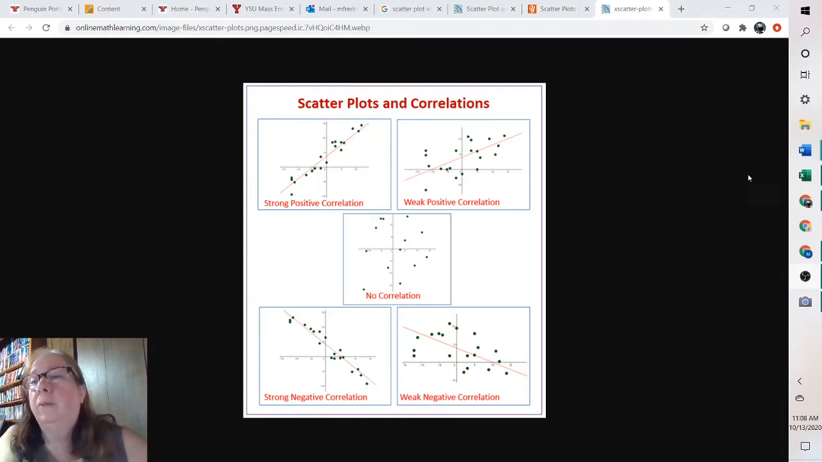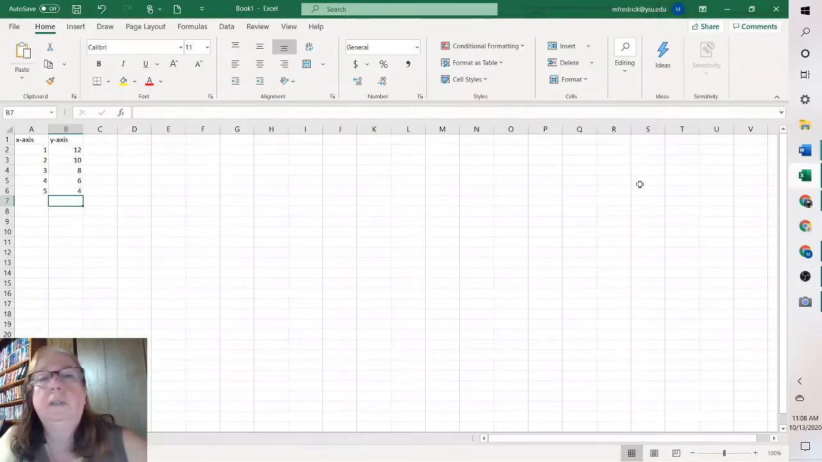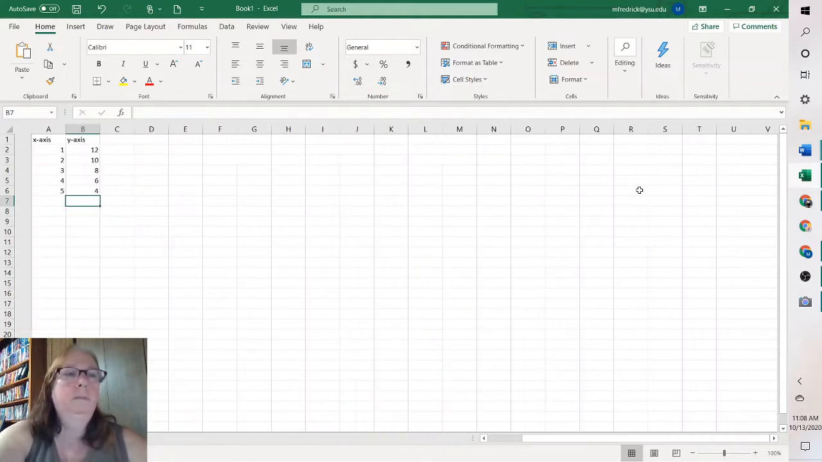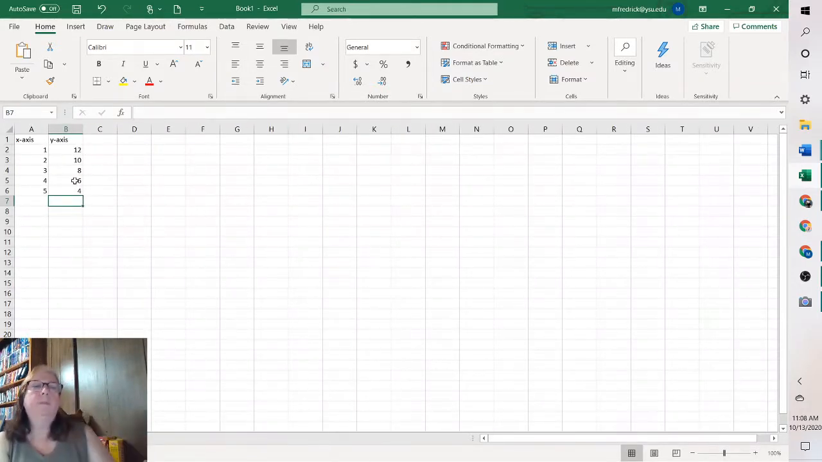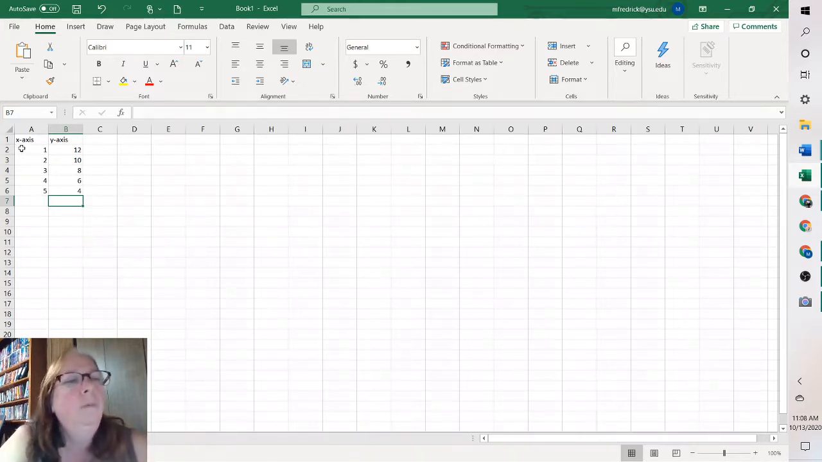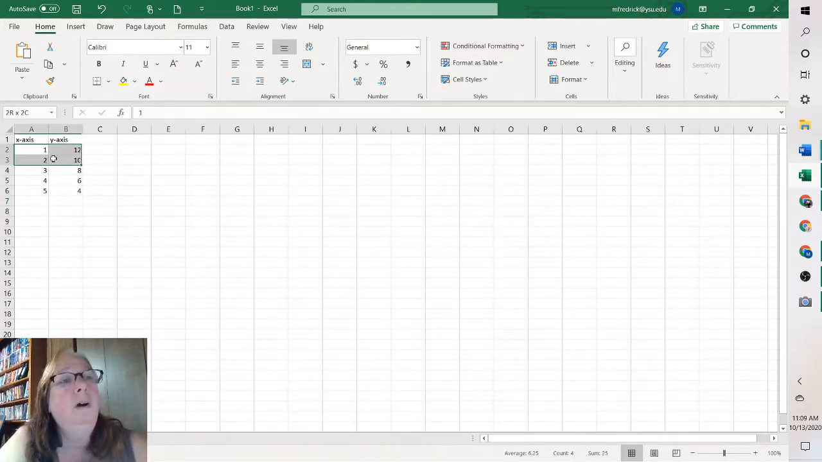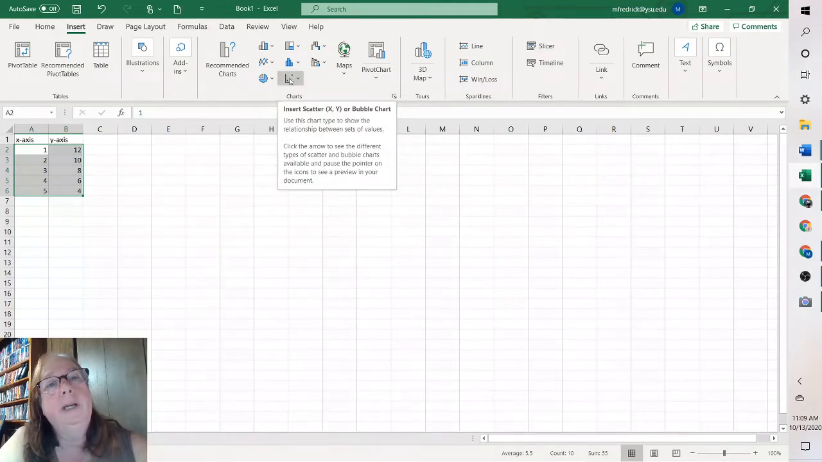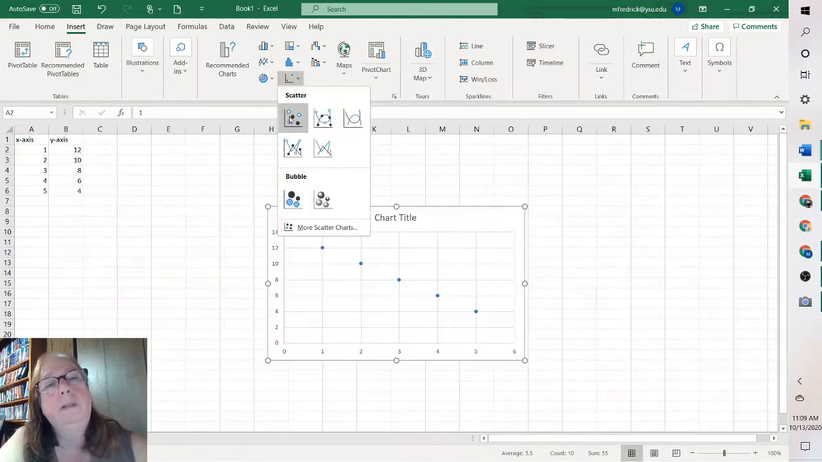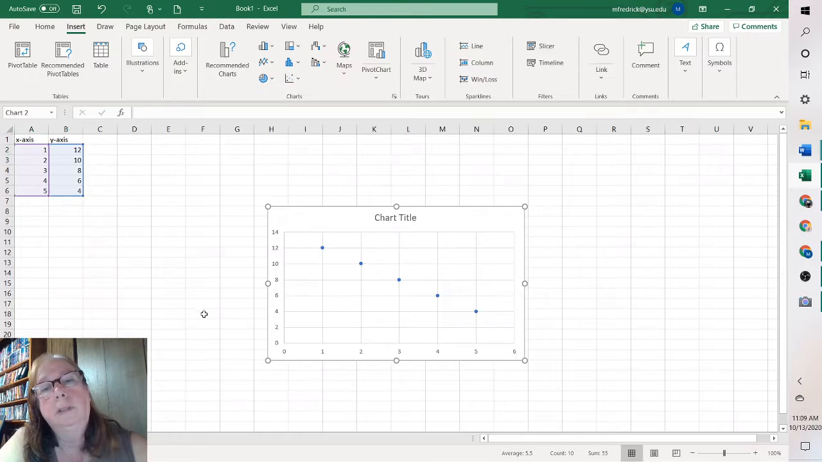Okay, let's look at a couple examples. Okay, I made a small example. I want to show you one where the relationship is all on the line. So if we highlight it to graph a scatter plot, you click Insert and go over to Scatter Plot. And there it is. To get the line,